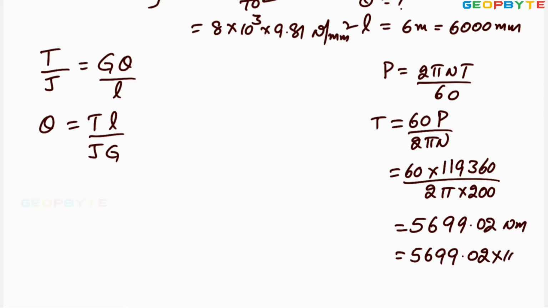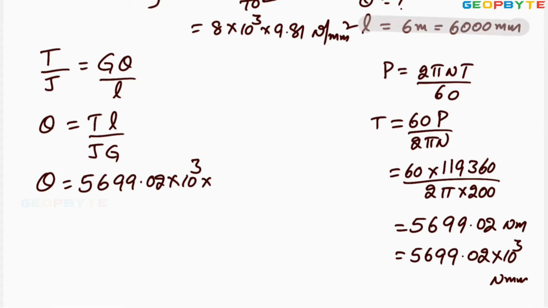5699.02 into 10 raised to 3 to get in Newton mm. Then angular twist theta equal to T L by J G. T is 5699.02 into 10 raised to 3, multiplied by length. Length is given, the length 6000 millimeter